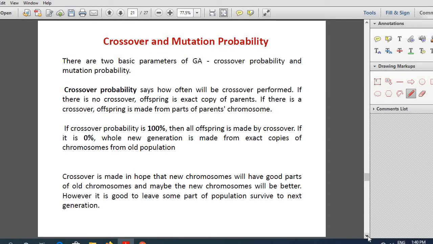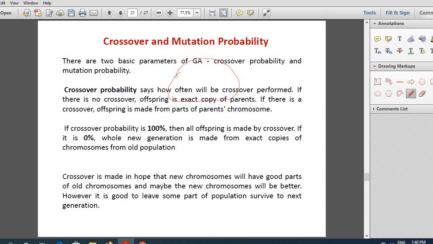Now, what are crossover and mutation probability? I told you that crossover should take place with the probability PC and mutation should take place with the probability PM. So crossover probability says how often, how frequently crossover should be performed.